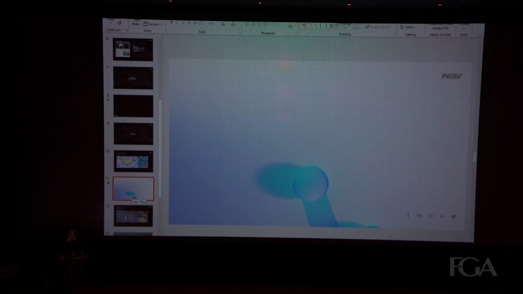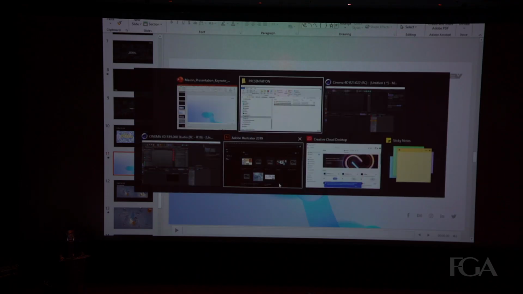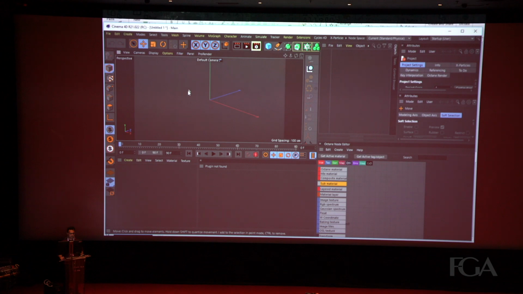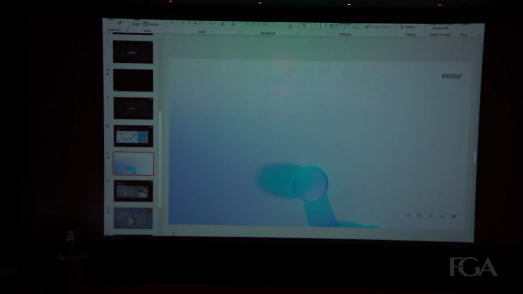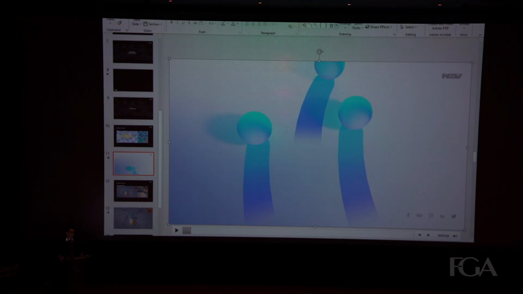basically, I will go through scene by scene for all the projects. So let me get into C4D, enough talking, and let's do some of the scenes that I have already done for this ID. So first of all, I would like to talk about this main first scene, how I approached it. Basically, this scene was rendered in Octane, since Octane and Redshift are the leading renderers in the market, so I've been using a lot of these renderers. So it really helps. So let's see how I achieved this first scene.